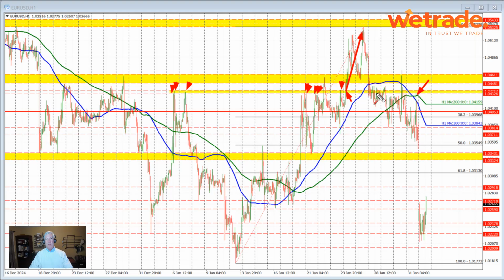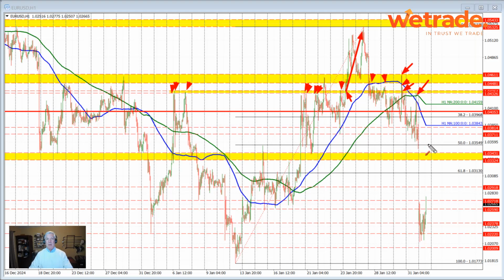It got a little messy through here in last week's trading with the volatile up and down, but stayed below the 100-hour moving average up through here. Then on Thursday, we did see a rotation to the upside that tried to extend above the swing area up here, failed, and then rotated back to the downside and back below the 100-hour moving average, back below this swing area through here, and also the 200-hour moving average, the green line in this chart. Once again it came up to that 200-hour moving average right through here and found willing sellers against that level, pushing price to the downside,